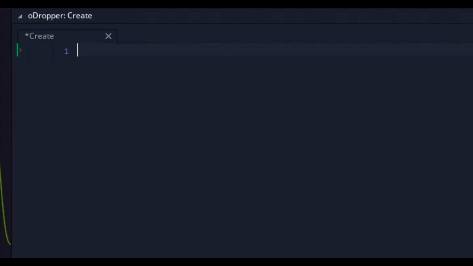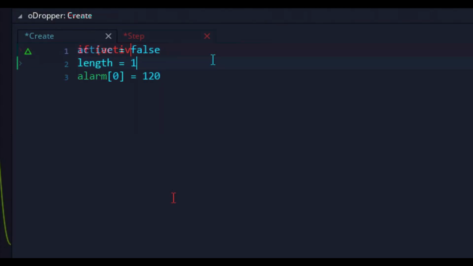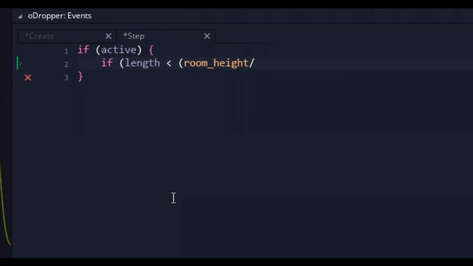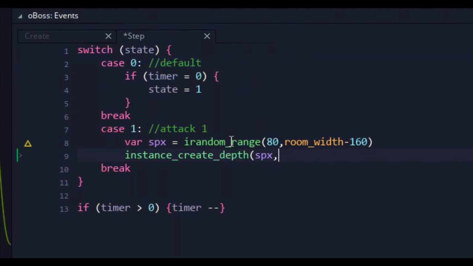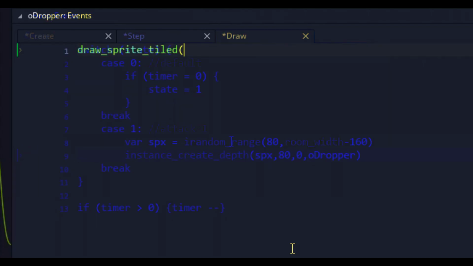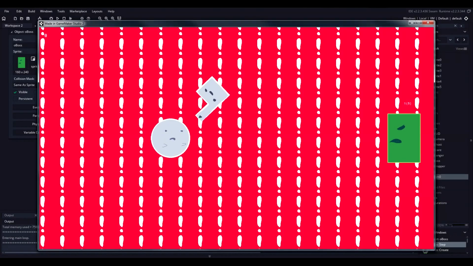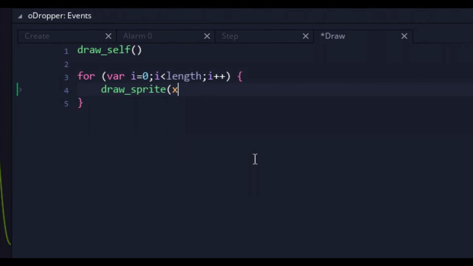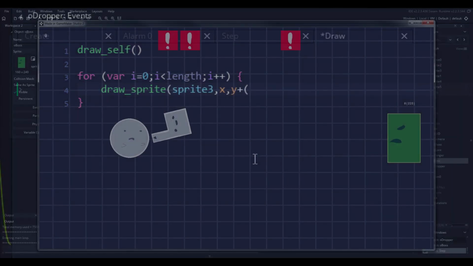The first attack was what I simply called the dropper. On spawn, the dropper obstacle marks where the danger will fall from. Once the grace period ends, it then draws a vertical line of danger down the height of the play area. I then had 3 spawn at random X coordinates at the top of the screen. I initially used the draw sprite tiled code here, which was all wrong. Just all wrong. Seriously, ew. So I switched to a simple loop to draw the danger tiles properly,